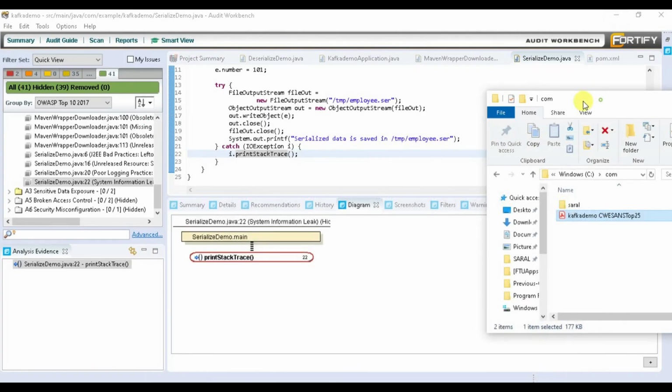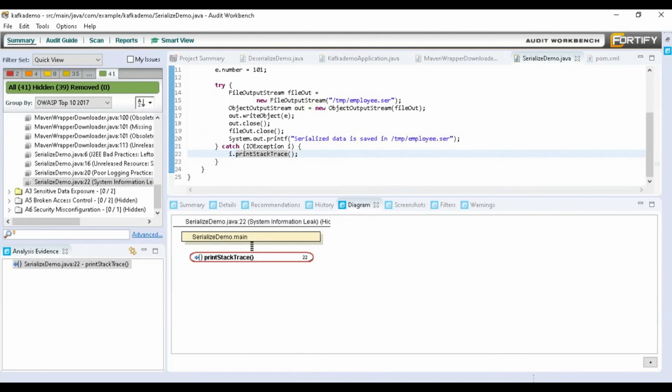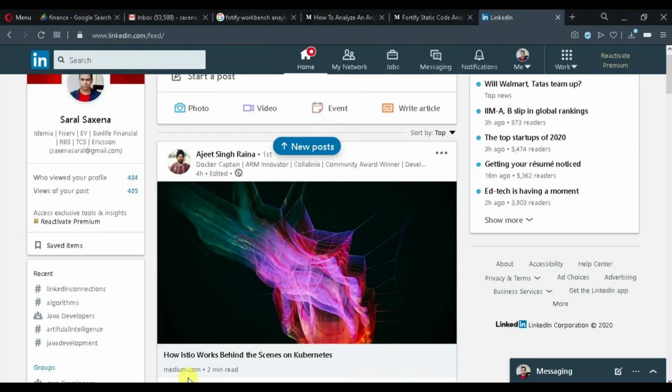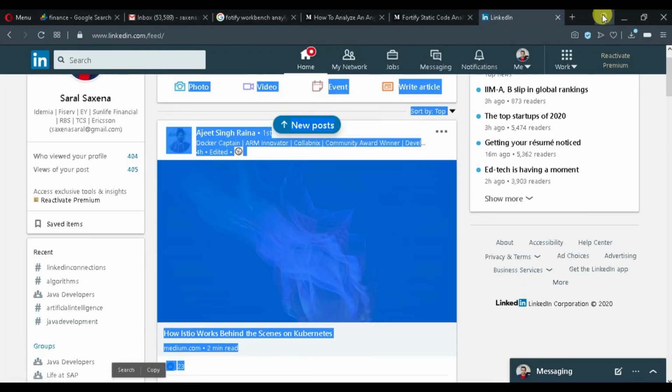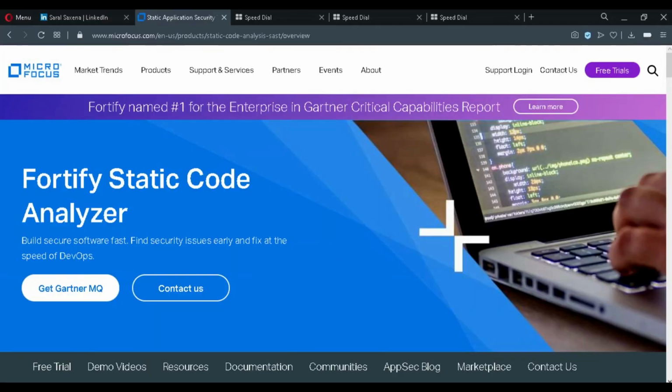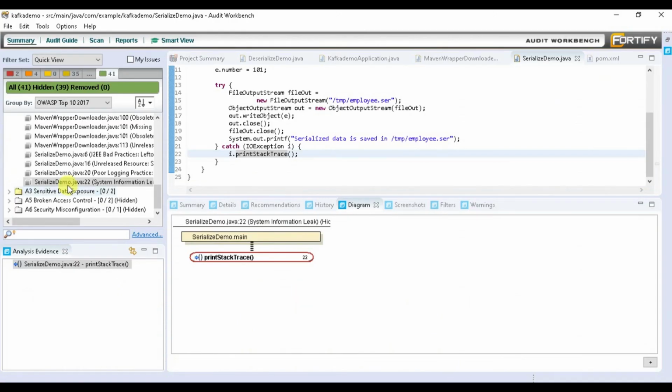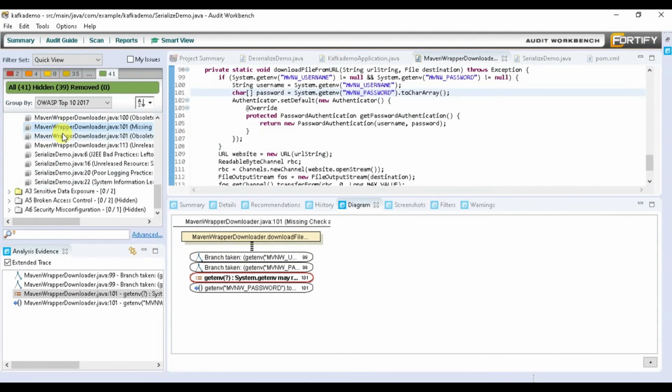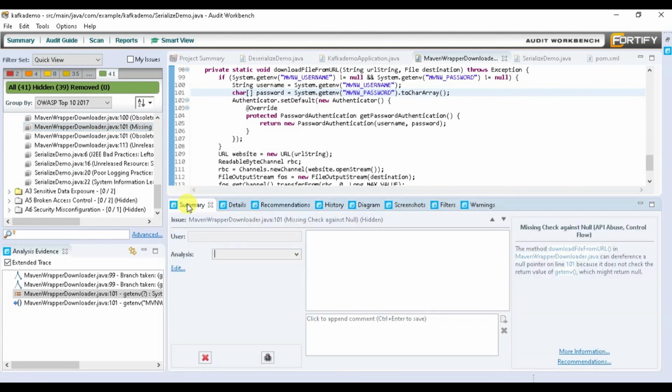I personally enjoyed working with this tool, and it has been used extensively. I enjoyed working with Fortify because it makes it easy to scan my code. As we have already seen in the workbench, it shows me which fixes have to be done, and it helps me get more and more vulnerabilities, security and attacker issues. It comes to me and tells me in advance.